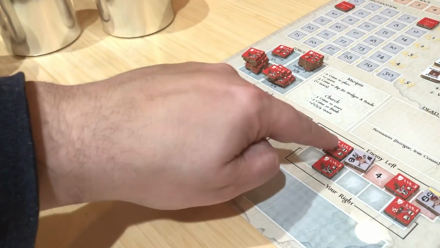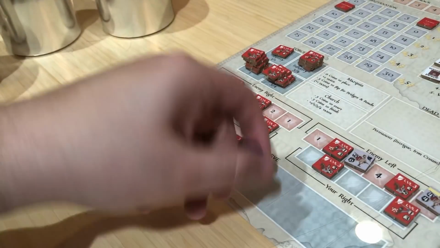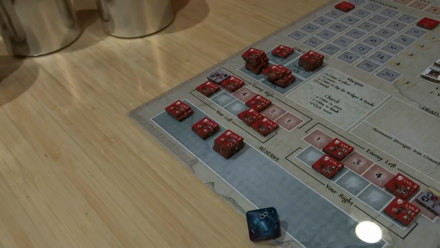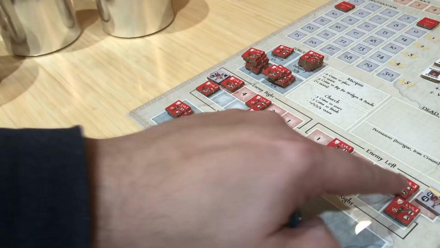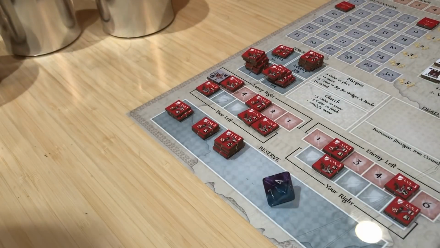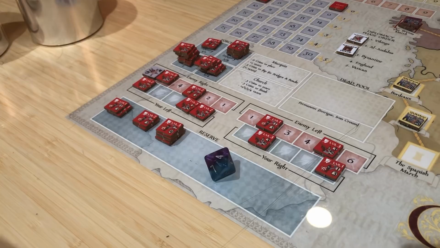All right. Now we go here, it's a 1. Here, that's an 8, natural 8, so he's gone. Here is a 4, that's enough, and he's gone. So we cleared the right side. All right, so